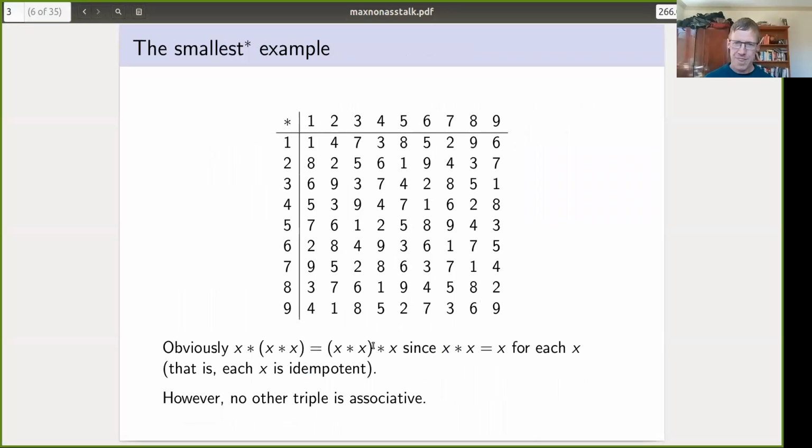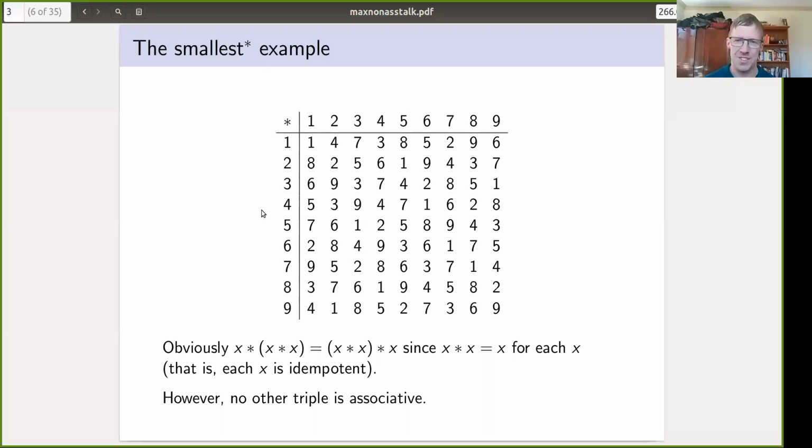So here is the smallest example of a maximally non-associative quasigroup. There's a little asterisk on the smallest to remind me that I'm telling a little lie, because obviously the trivial group, the one element group, satisfies the definition I just gave you, but I'm going to accuse it of not playing fair. It doesn't seem right for an associative object to be maximally non-associative, so I'm going to legislate that we're only looking at order 2 and above, and then this is the smallest example of a maximally